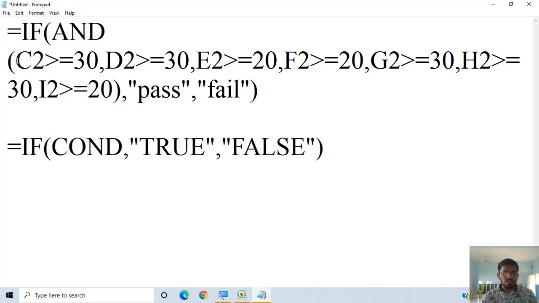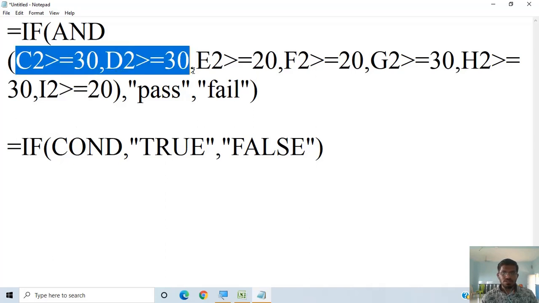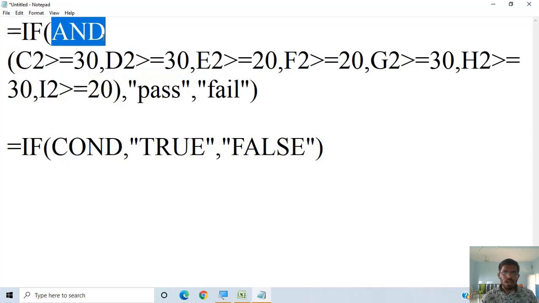Here we check different types of conditions. To check one or more cells as a single condition, we use the AND here. You will know what AND means.